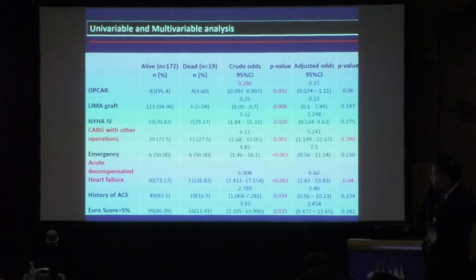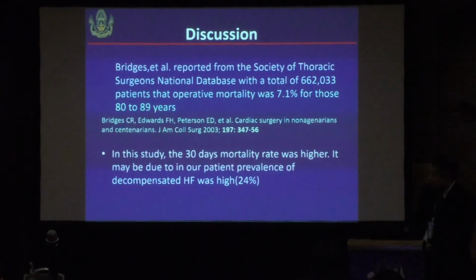The adjusted odds ratios are 5 and 6, for p-value below 0.05. In discussion, there are studies from other countries